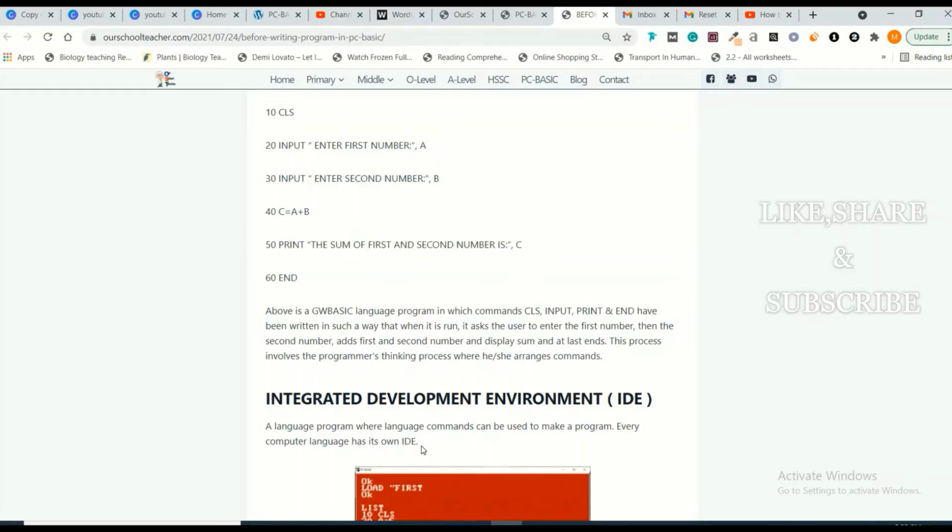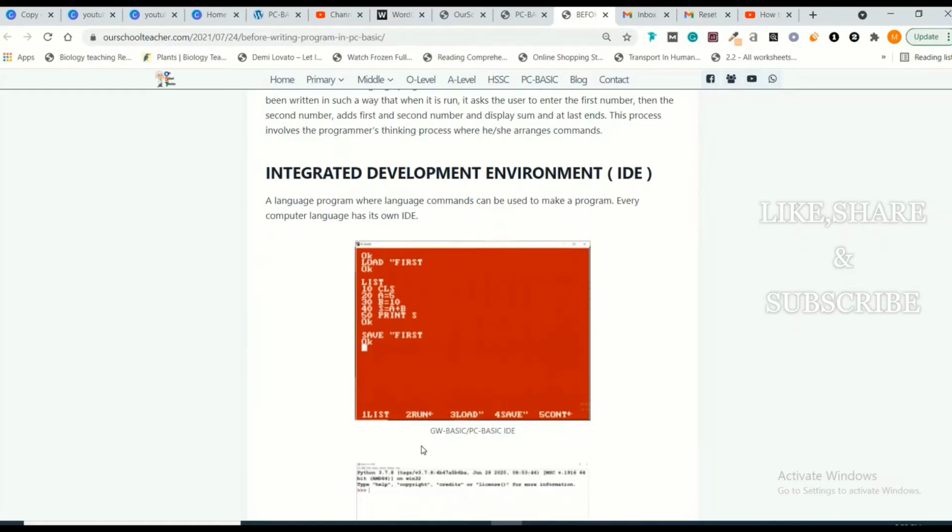So every computer language has its own IDE, own screen, own environment where the program can be made and can be run. For example, this is an image of the GW Basic or PC Basic IDE. GW Basic and PC Basic are the same.